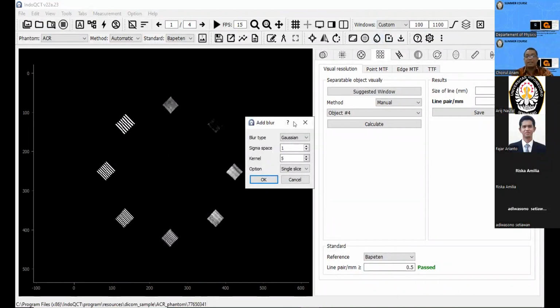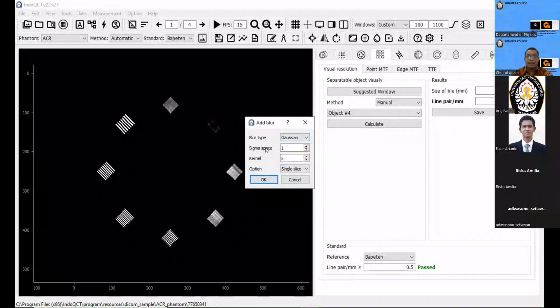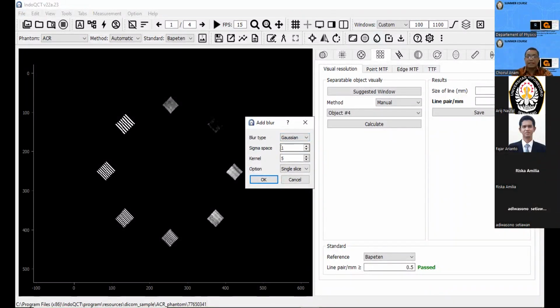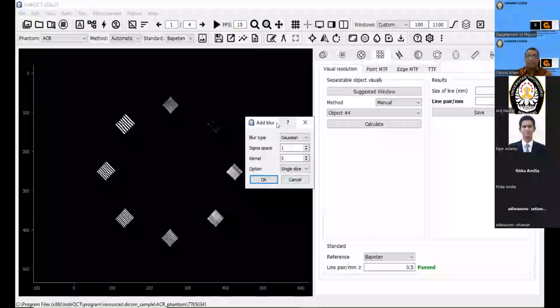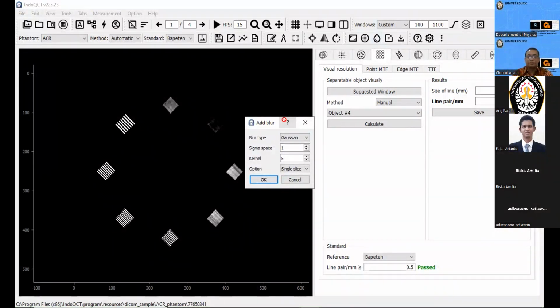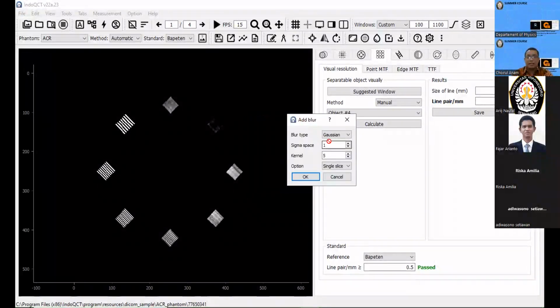We click here. The blur type is Gaussian, and we can change this value.